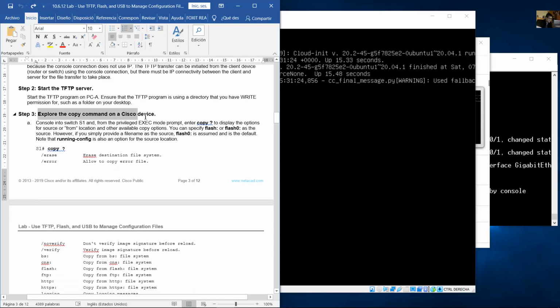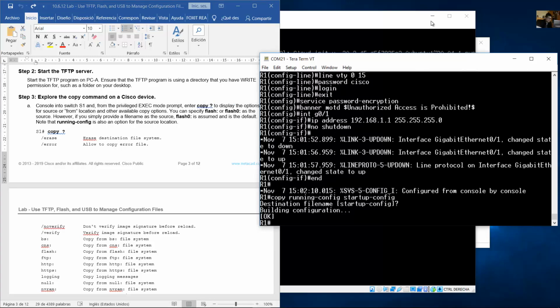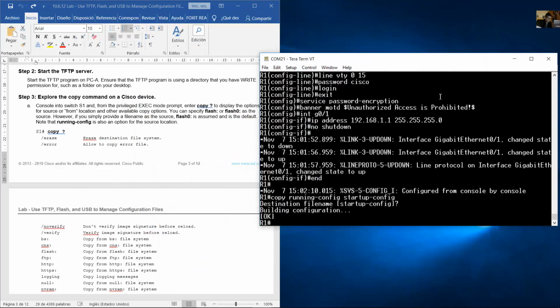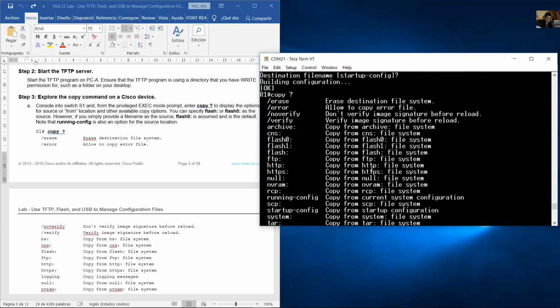Okay, and explore the copy command on Cisco device. Console into R1 and from privilege exec mode prompt, enter copy and question mark to display the options for source or from location and other available copy options. Okay, copy and question mark space. You can see